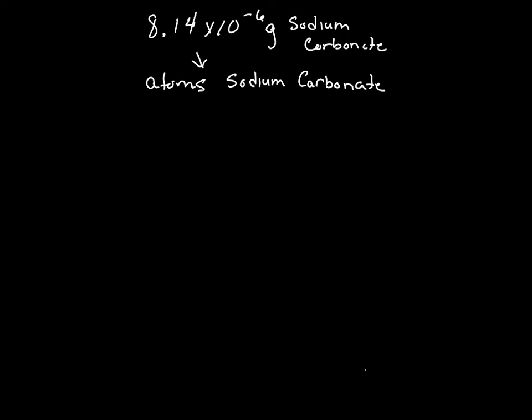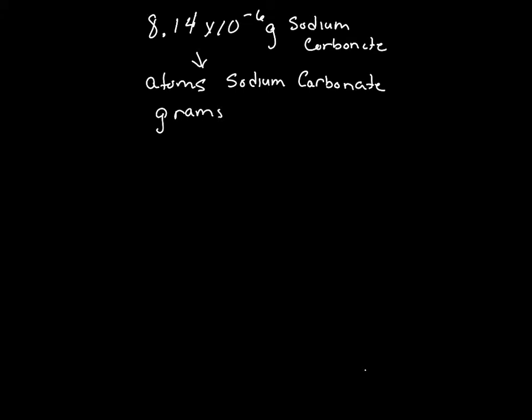Okay, so here's the problem. We were given 8.14 times 10 to the negative 6 grams of sodium carbonate, right? And we want to convert to atoms of sodium carbonate. Well, a couple of things we got to take care of first, right? In this problem, we need to first understand that we're going from grams